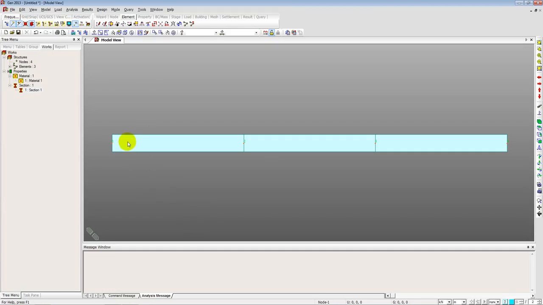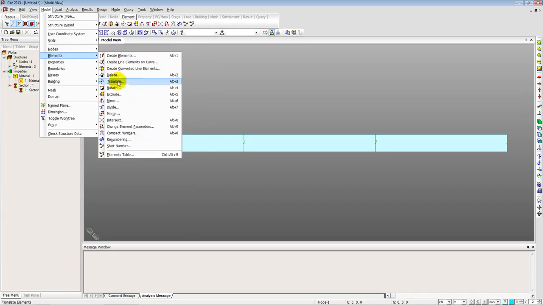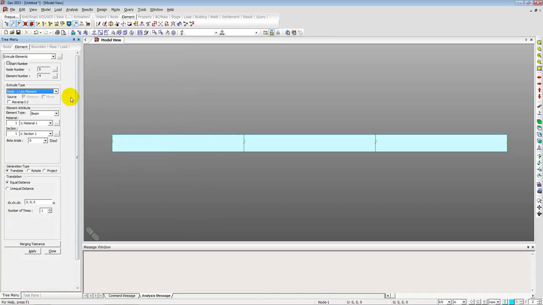Okay, so how do we draw it? We use the extrude function in Midas Gen. You go to model, go to elements, and go to extrude. Using the extrude function, we can generate a line out of a node, out of a point. So we use this particular node as a reference. So select, using the select single option, a cross here appears, and we can just simply click on this node